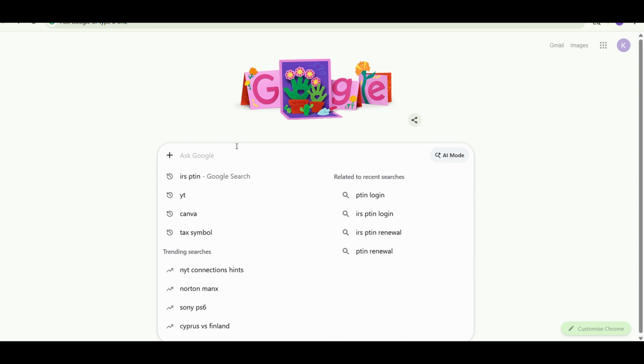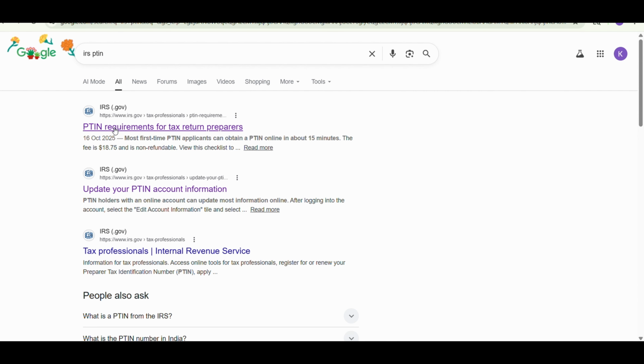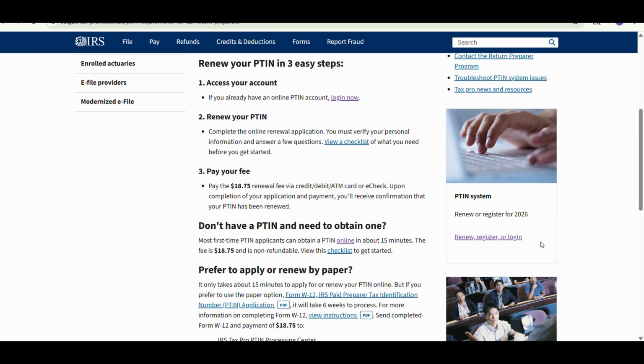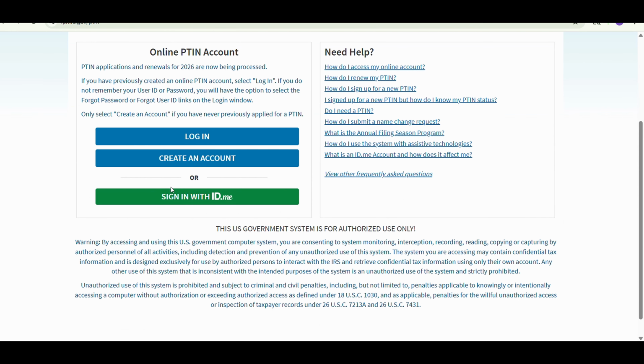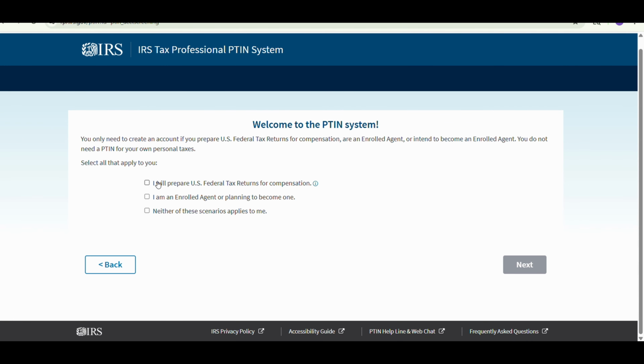So simply open your browser, click the IRS PTIN and select first one, PTIN requirements for tax preparers. So scroll down and click the renew, register or login. Scroll down and click the create an account and select first two options. I will prepare US federal tax return for compensation, and second one, I am enroll agent or planning to become one, and click the next